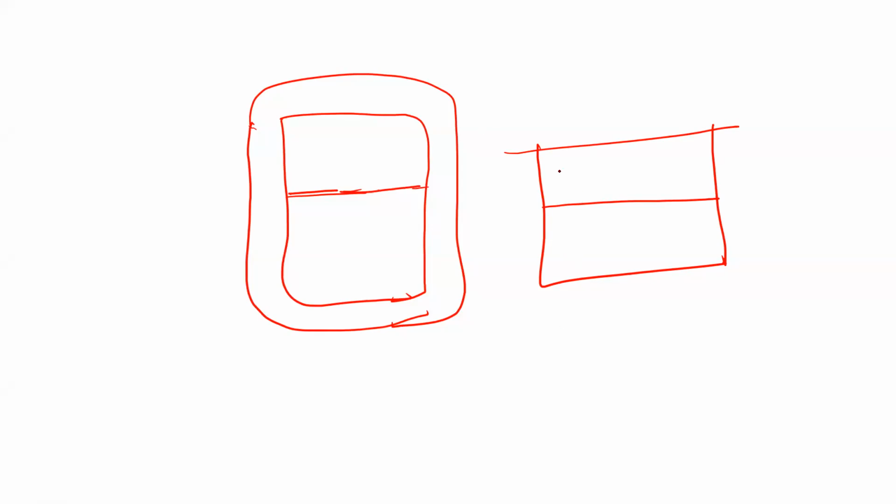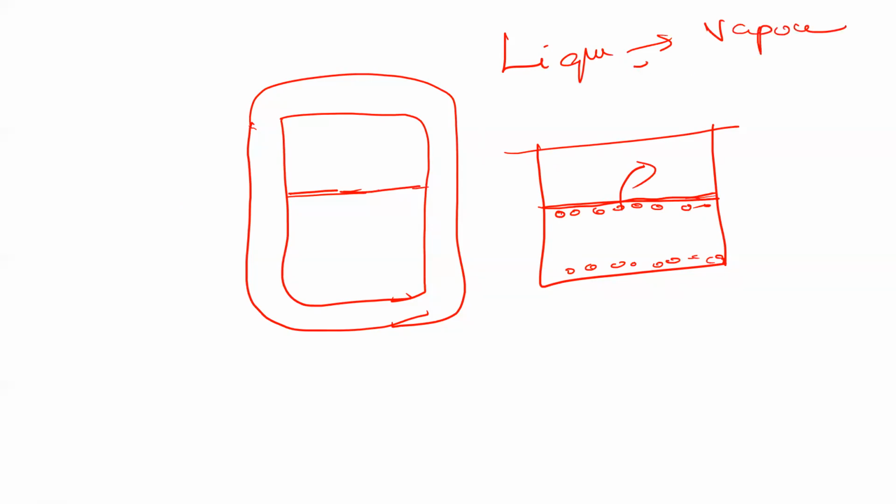So let's assume this is a container which has a liquid with vaporizing potential. There are liquid molecules on the top and liquid molecules in the bottom, right? The top layer will always have a constant potential to jump into vapor form. In order to convert a liquid into vapor or gas, you need energy. Unless you supply external heat, it can't convert to vapor form. Yes or no? Yes. So this top layer automatically gets converted to vapor form, but where does the energy for the top layer come from?